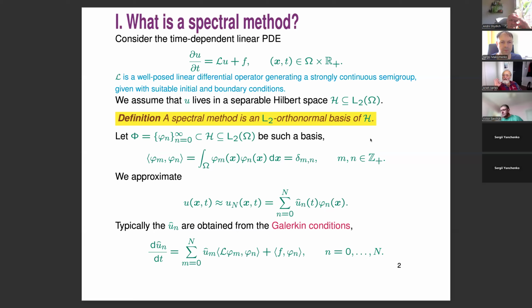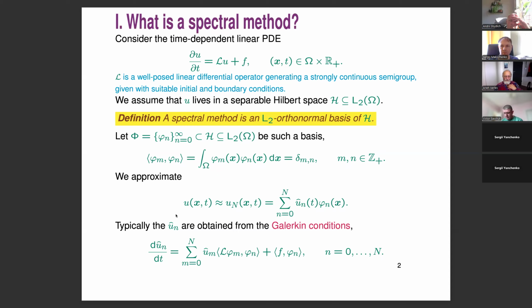I know this is not a definition you'll find in textbooks, but this is the correct definition. A spectral method is simply an L2 orthonormal basis of H. I'm using the L2 inner product, and a spectral method is simply a basis of our Hilbert space. And suppose that the basis is orthonormal. Suppose that we have such a countable basis, phi n, n between 0 and infinity, and it is orthogonal with respect to L2,